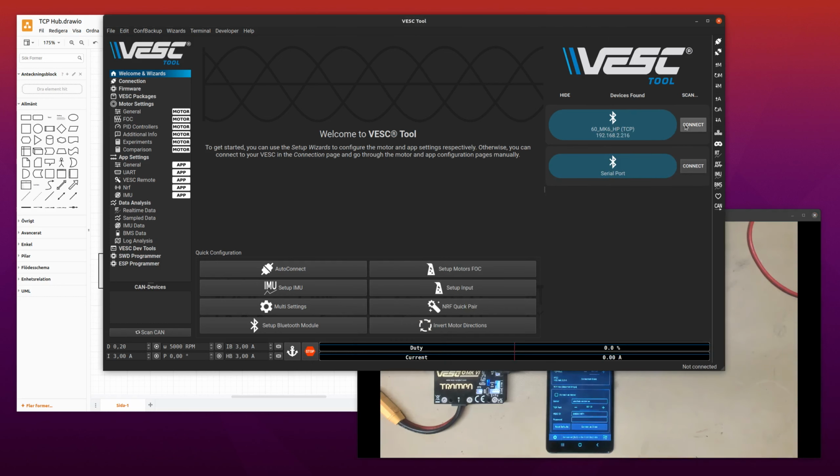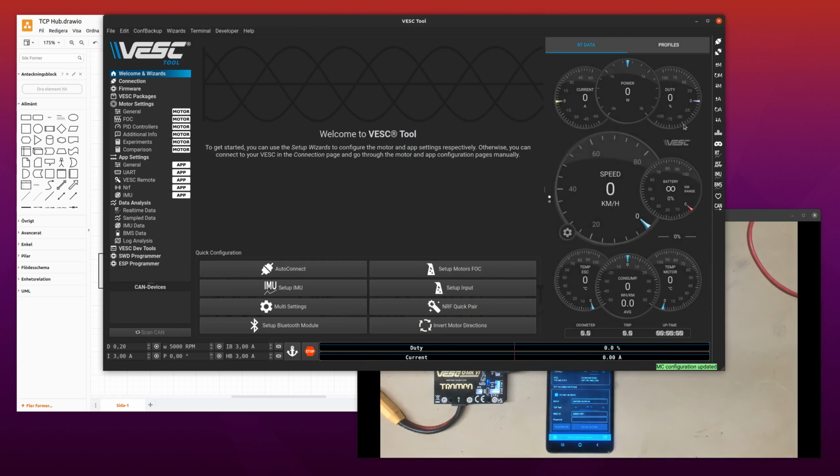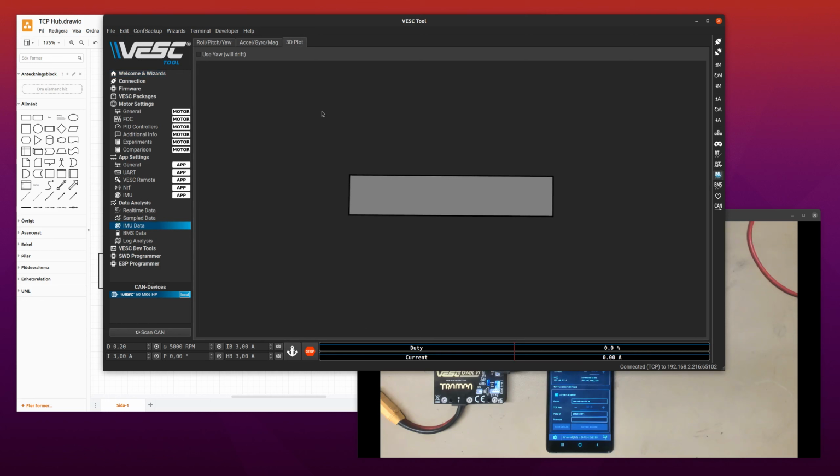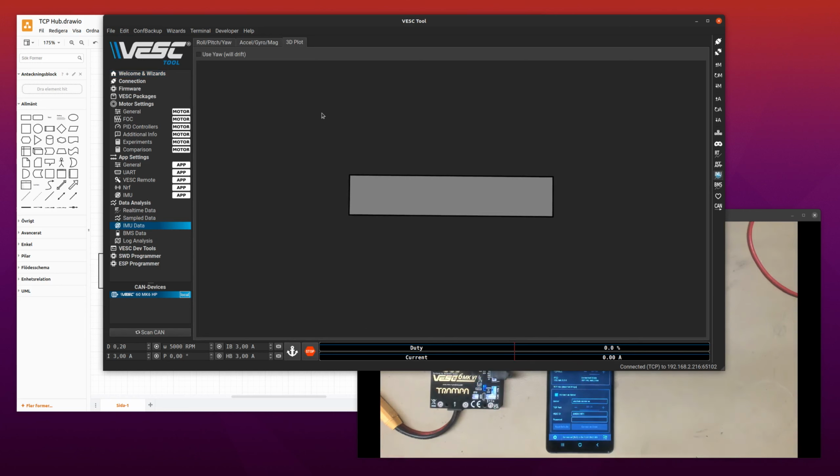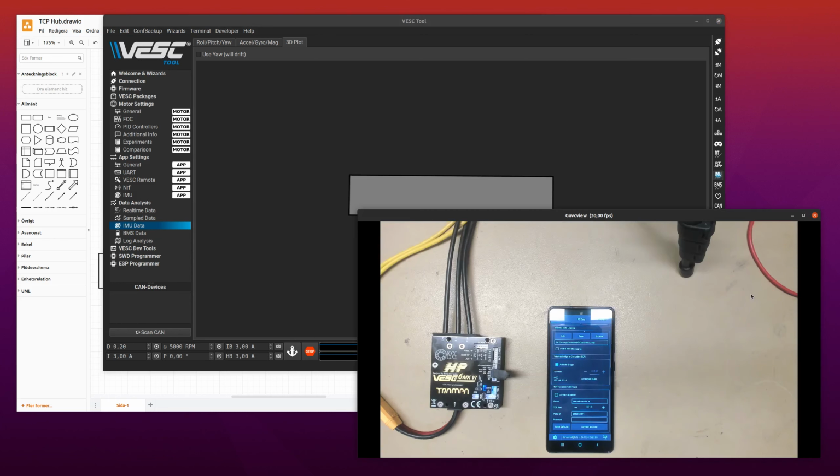And now when we are here, we can just connect. And now if we go, for example, to the IMU data and show the 3D plot, we can see that if I move it here, it will move on the desktop version as well, because we are on the same network. Now, another situation you might find yourself in is that